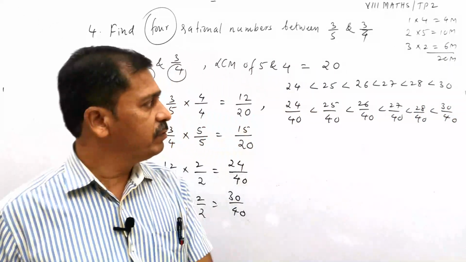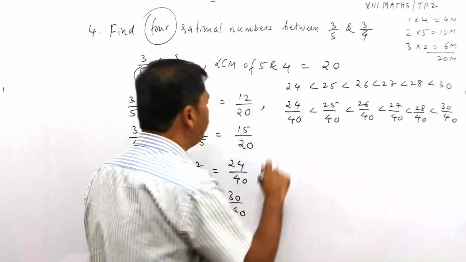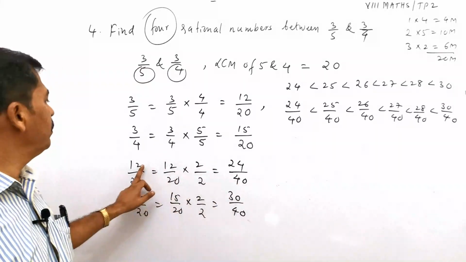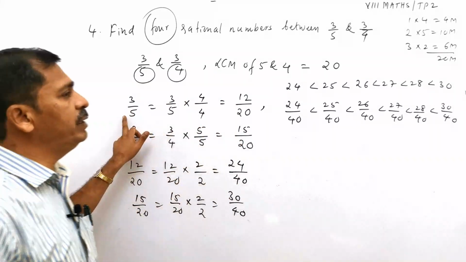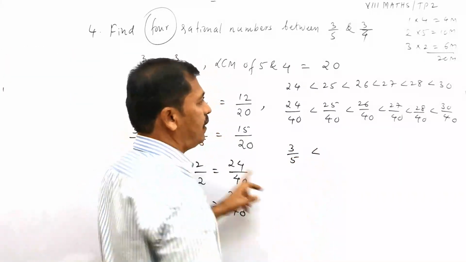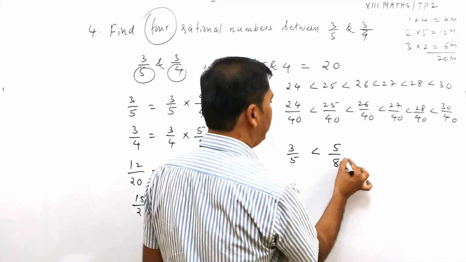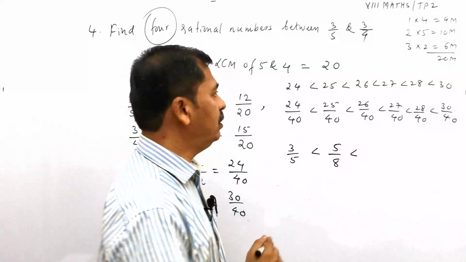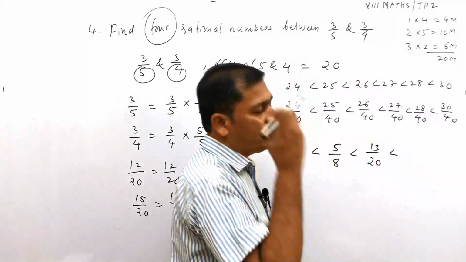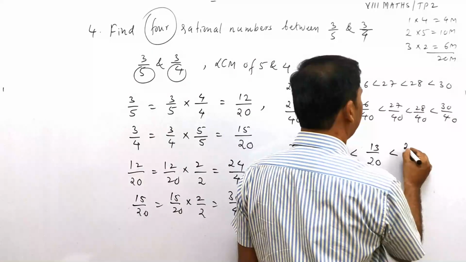See what happens further. Concentrate here. 24 divided by 40 is nothing but how much? 24 divided by 40 is nothing but 12 by 20. 12 by 20 is nothing but 3 divided by 5. Given number, directly you write 3 by 5. 25 by 40 is divisible by 5. Cancel by 5: 5 5s are 25, 5 8s are 40, so 5 by 8 it will be. 26 by 40, again by 2, 2 13s are 26, 2 20s are 40, so 13 by 20 it is. 13 divided by 20, next you cannot cancel it. It is odd, it is even, nothing, not possible.